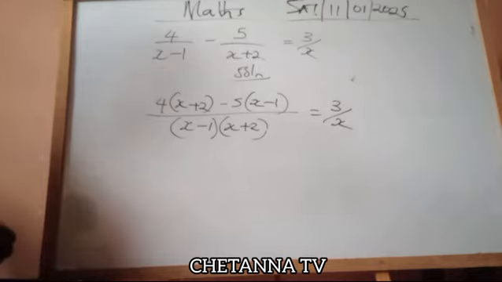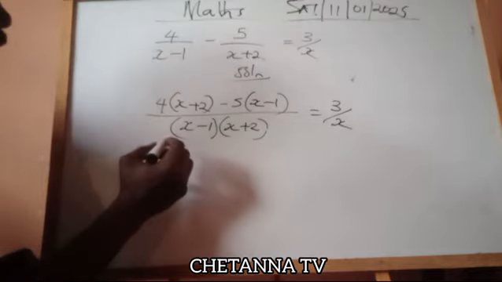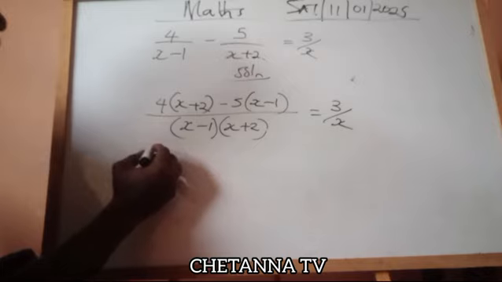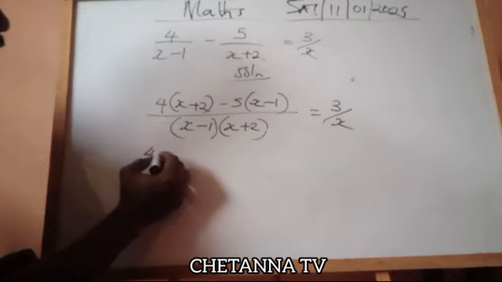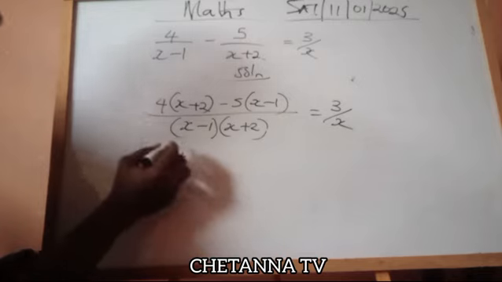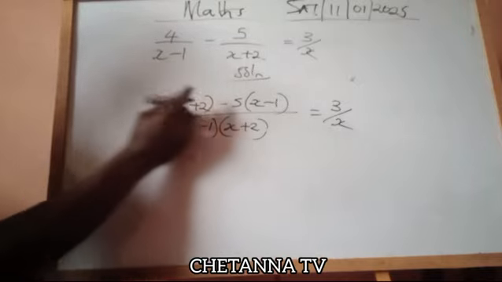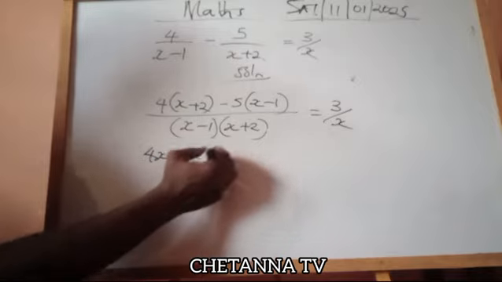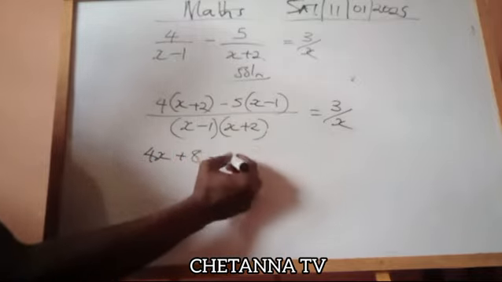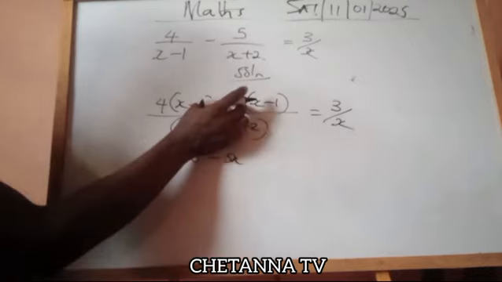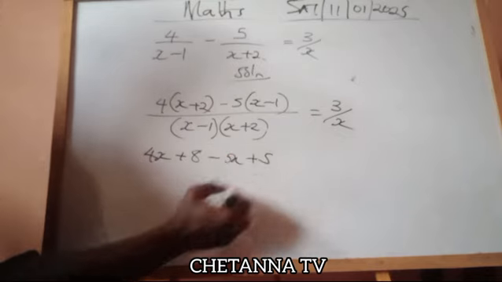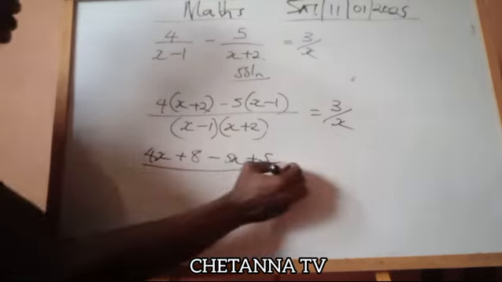this will now give us, if you open up this bracket, we have 4x plus, are you following? This time this is 4x, and this is what? 8. Minus 5x. This time this is 5x. Minus 5 times minus 1 is what? Plus 5. All over